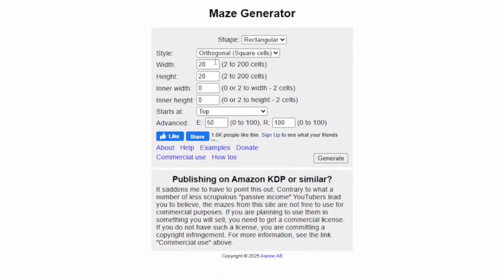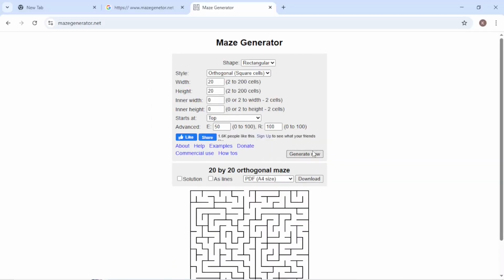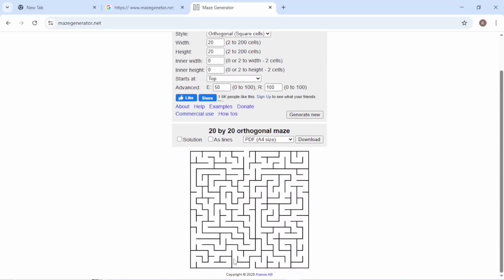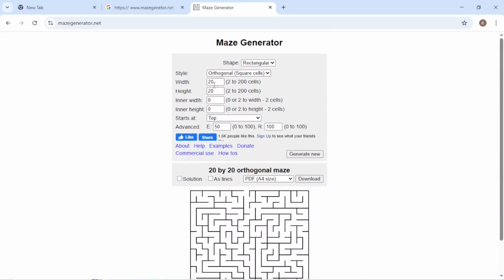Here it's by default 20 by 20 and here I'm going to click on generate and then you will see the effect. Okay, you can see our maze is here, right? Suppose you want to make it a bigger or more complicated maze, so just increase the number.